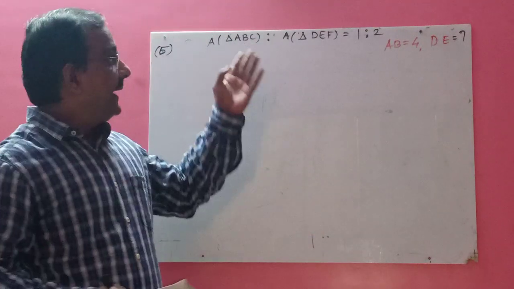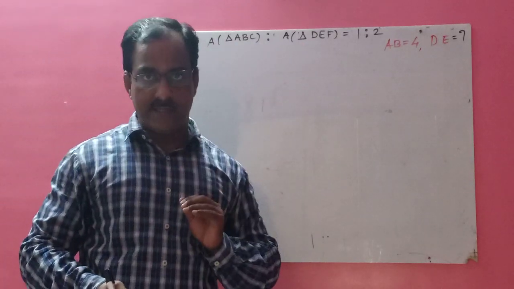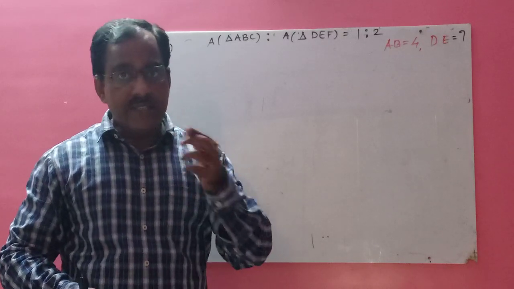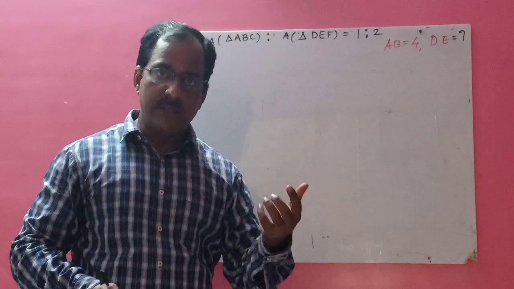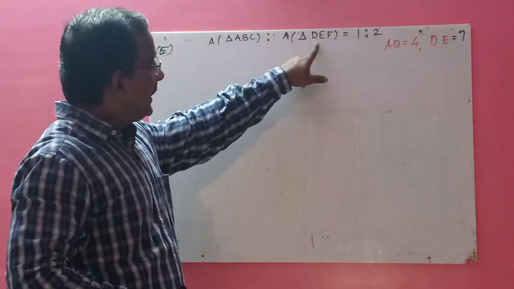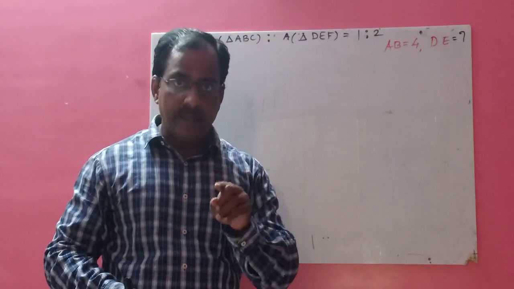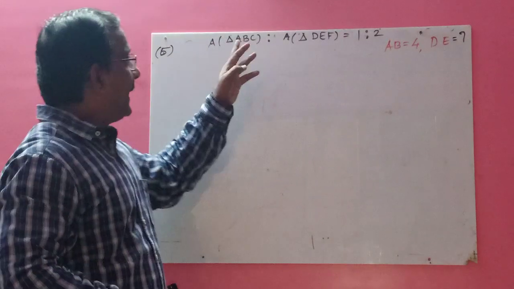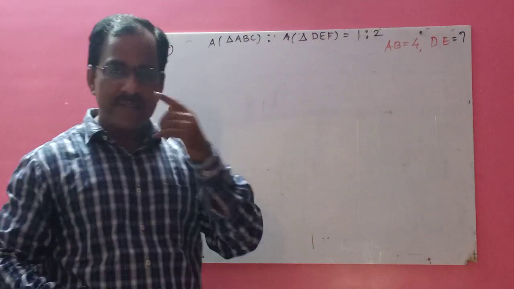Children, because the triangles are equilateral. If I take triangle ABC, what about all three angles? In triangle ABC, which is equilateral, each angle is 60 degrees. Angle A, angle B, angle C, all are 60, 60, 60. That is a property of an equilateral triangle. Similarly, if I take triangle DEF, in that also each angle, angle D, angle E, angle F, is 60 degrees, which means angle A is equal to angle D, angle B is equal to angle E, angle C is equal to angle F, because all are 60, 60, 60.